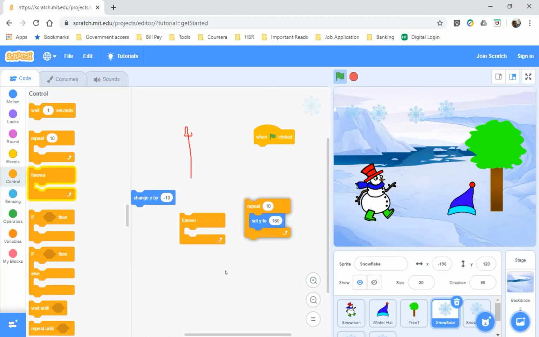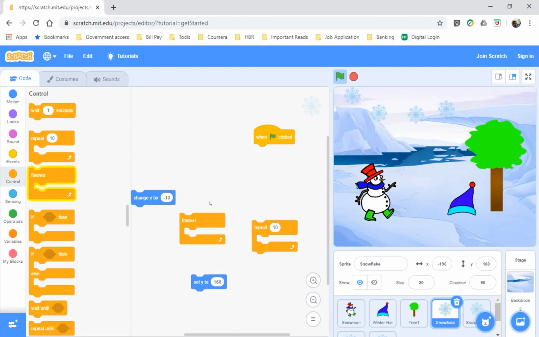So my snowflake is not going till the bottom. It's stopping in between. Then you have to change your y coordinate. What you need to do, Vihan? Change y. This change y by -10 should go inside this. Let's do that first.